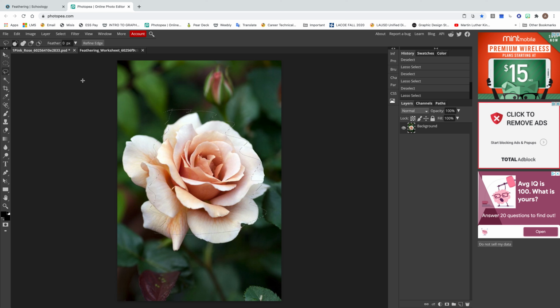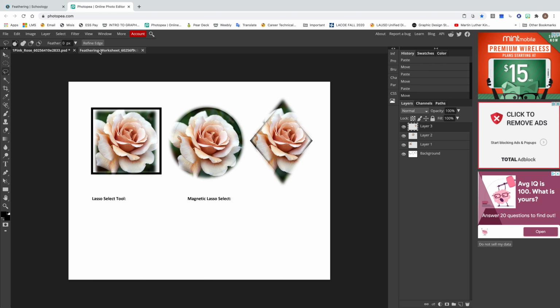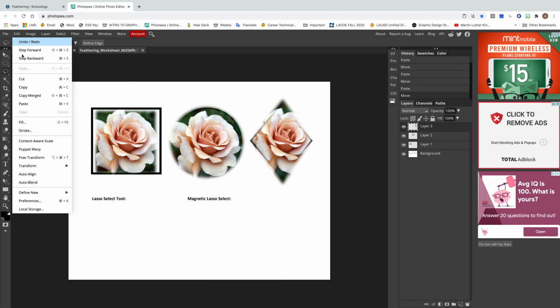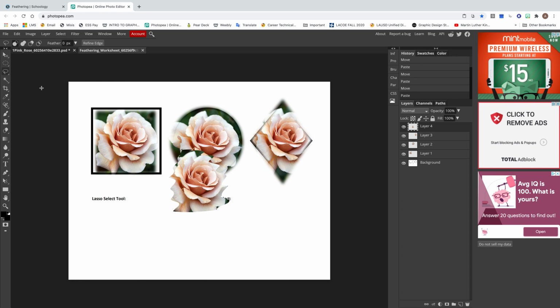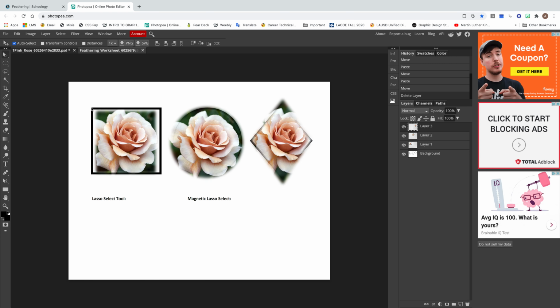You're just going to edit and copy. Okay, so edit and copy and edit and paste, right? So edit, copy, go to the feathering worksheet, edit, paste, right? There is my selection. I didn't feather it. That's what happened. Okay, so I'm gonna go back